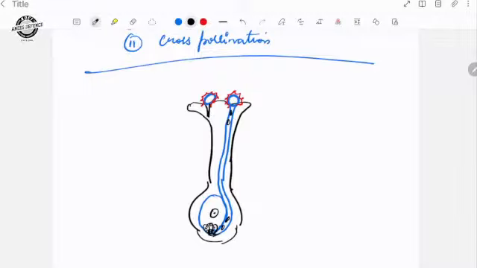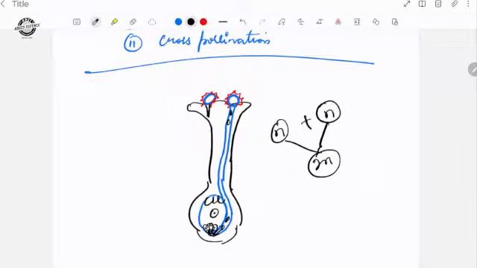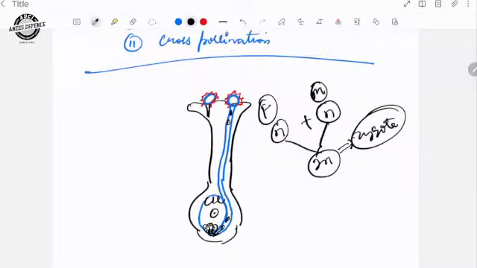We have polar nuclei and antipodal cells. After this, what is going to happen? This male gamete is going to attach with the egg cell, and as the fusion of male and female gamete takes place, what is formed? A zygote. As a result of fertilization, you always have a zygote as the first unicellular cell after fertilization. This is the female and this is the male gametophyte. Then only you are going to have the zygote, and after this zygote you form the embryo.